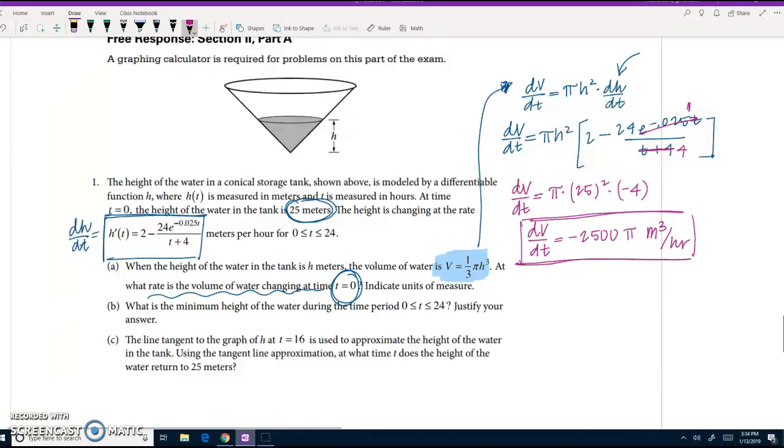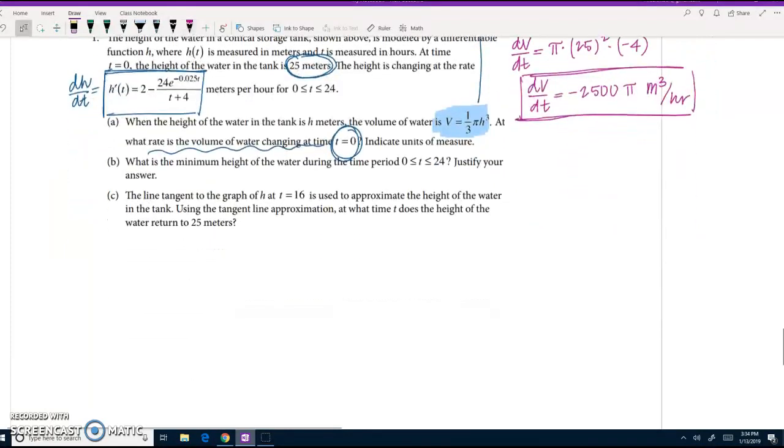So that's your part A. And that's a good exercise in related rates because, not the material that we do on Monday, but on Tuesday, that content is going to be super related to related rates. So it's a good idea to go back and see that problem. And also, I want you to see the way that different applications for derivatives are put together in one free response question on the